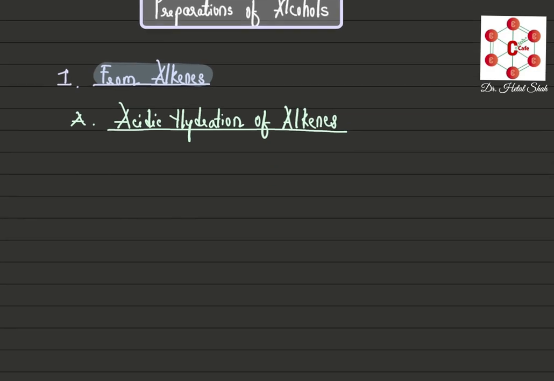So now, if you take any general alkene, and if you want to perform acidic hydration, you will have to take a catalytic amount of acid in water for adding water onto an alkene. Whatever acid you add, it will generally be in the form of H3O plus. And the first thing that happens is